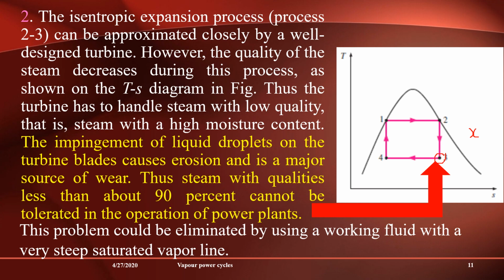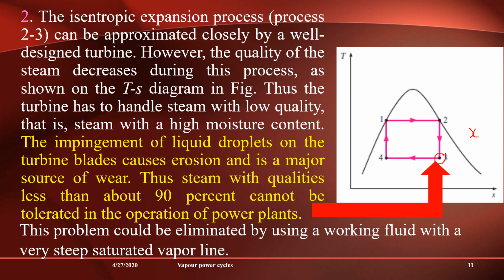The steam with quality less than 90%, or 0.9 X value, cannot be tolerated in the operation of the power plant. So this 2-3 expansion process is possible inside a turbine, but still we have a difficulty here. At the end of this process, the chance of liquid entry into the turbine is still there. That has to be avoided for the safe operation of the turbine. So this process 2-3 is difficult to achieve in a practical case,